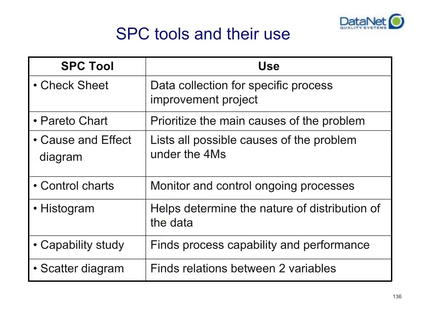And this is an overview or a recap of the SPC tools that we covered during this training video. Check sheets are used for data collection for specific processes so that you can begin evidence collection and begin an initiative with evidence of a quality improvement program. Pareto charts help you prioritize which of those items in your check sheet should be the vital few that you should focus on,